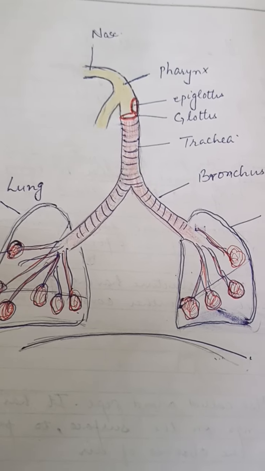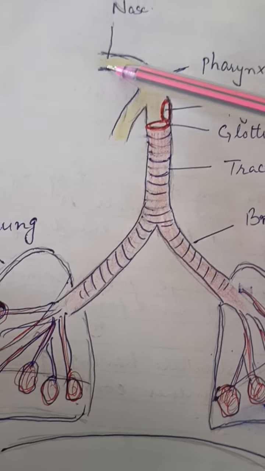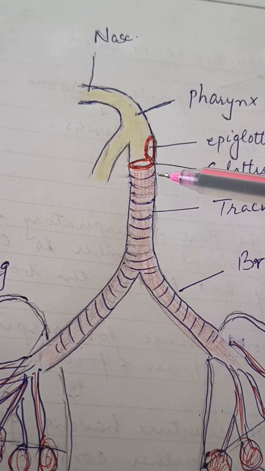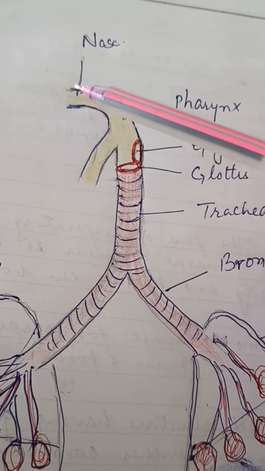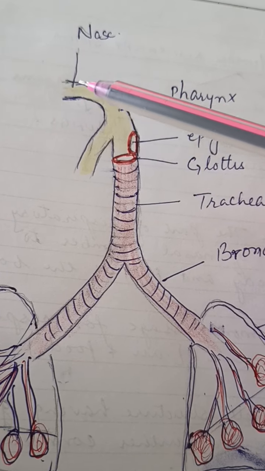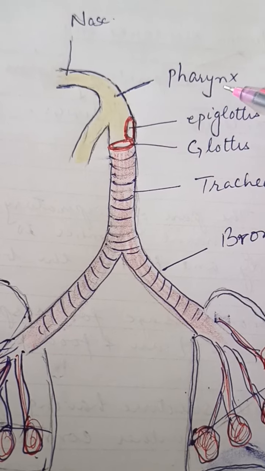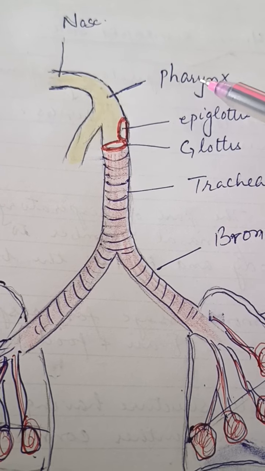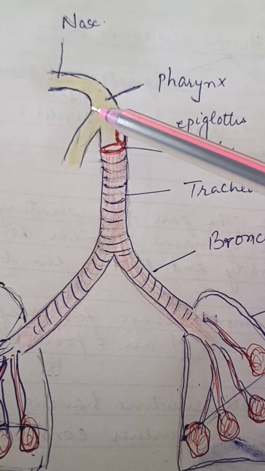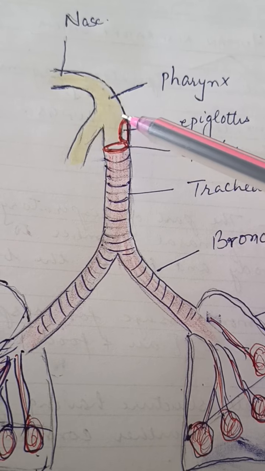Now in this respiratory system, we have to start from the nose, or you can also write it as nostrils. These are the first part of the human respiratory system. The air from the nose enters inside the nasal chamber. Here it is the nasal chamber. Now after this nasal chamber, there is a part which is considered as the pharynx. As I told you earlier, the pharynx is the common opening for food as well as for air. So this is the region where food and air get mixed for a short while.